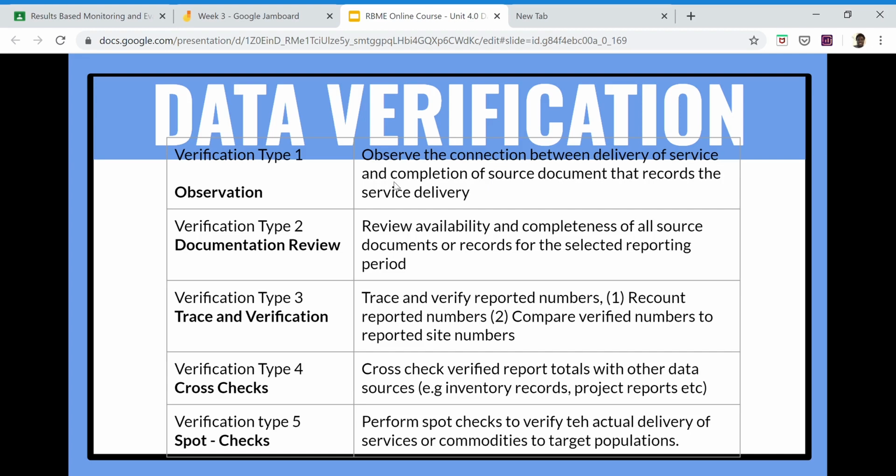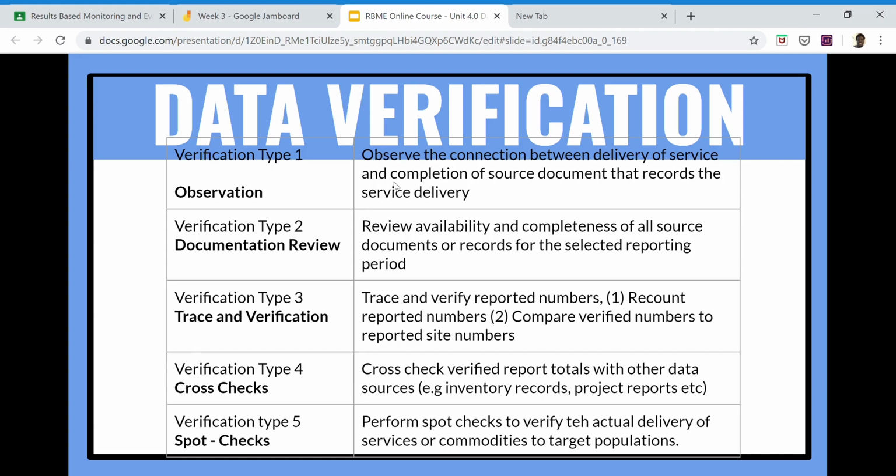So the third type is trace and verification. Which means that if an implementer is reporting every month, for instance, if he reports 1,200 customers in month one, then in month two you want to go and verify those numbers. Yes, you will recount the numbers. It might be through visiting their headquarters or their office or wherever the system is placed, and you take a look at it: is it 1,000 actually? So you count